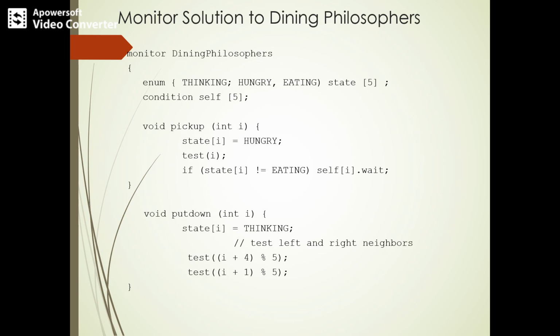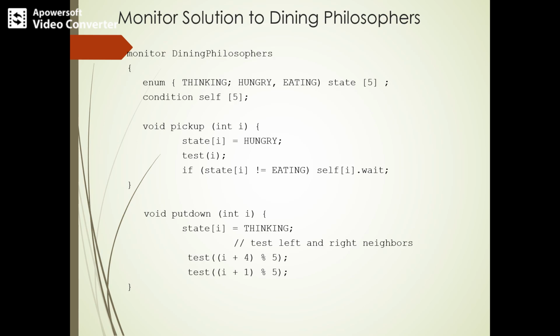So let's see the dining philosophers, which is a part of the solution using monitors. You can see the code. We have described a monitor called dining philosophers, and enum is a construct. We are using this kind of data structure, enum of thinking, hungry, eating, because the philosophers can be in any of the three states. That's why we declared five here, for the five philosophers, who can be in either of the states thinking, hungry, or eating.